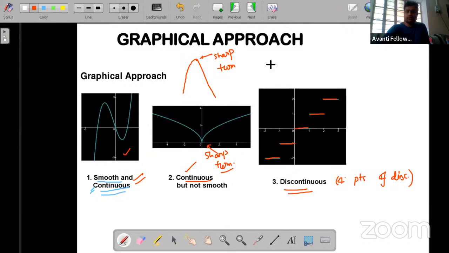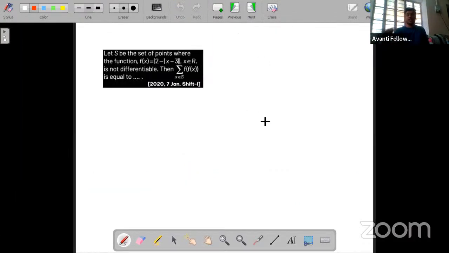Now we'll move on to the problem part. Here we'll solve the questions using graphs. I hope you have a basic idea about graphs. If not, we will discuss that also. So, first question, I hope you can see the question on the screen. We'll start. First of all, we'll read it, and you can also try to solve it. Meanwhile, if you have any problem, you can refer to the notes.